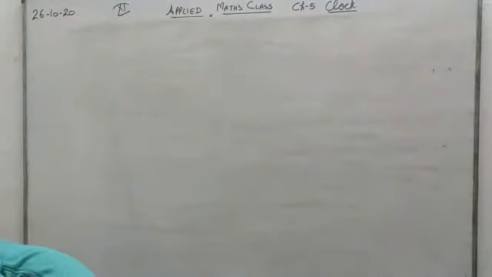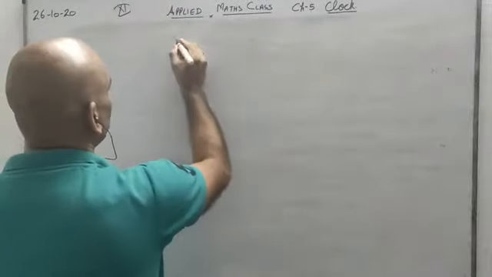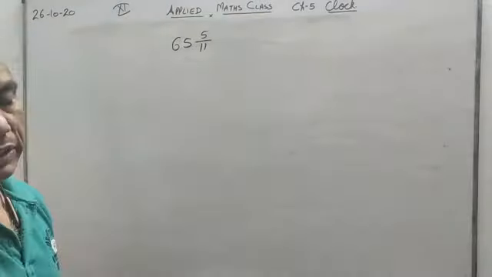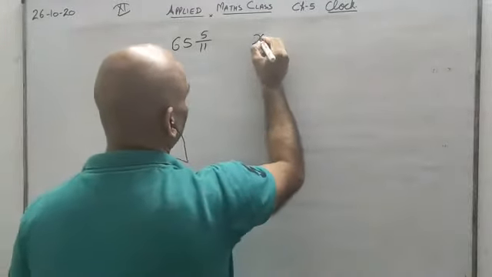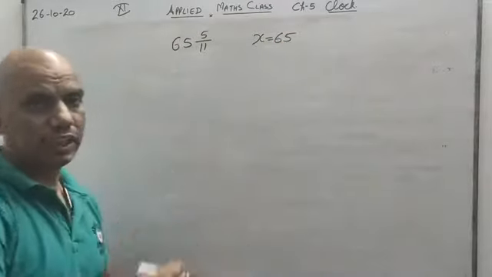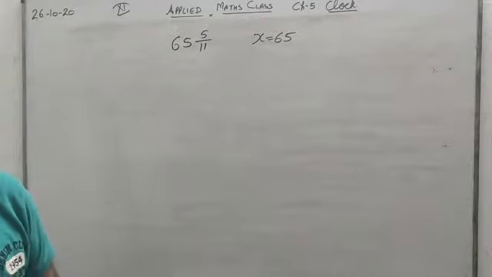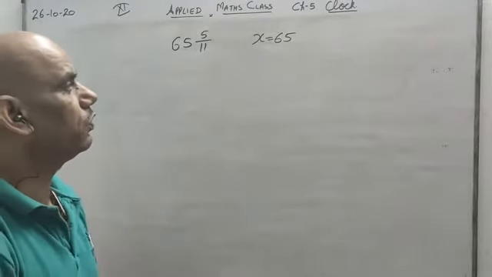The minute hand of a clock overtakes the hour hand at an interval of 65 minutes of the correct time. How much a day does the clock gain or lose? Now, 65 is to 5 by 11 minutes should be taken to coincide with each other, but here this is happening after every 65 minutes only. So x is 65, which is less than this, so the clock is fast. So how much it will gain in 24 hours.